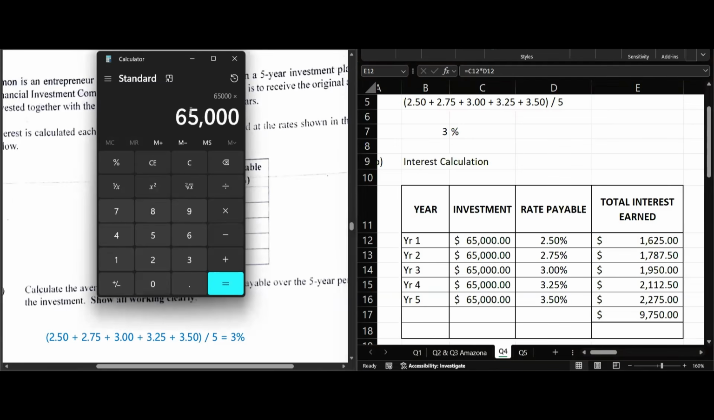65,000 multiplied by 0.0275 is 1787.50. Third one, 65,000 multiplied by 0.03 is 1950. Fourth one, 2112.50, and fifth one